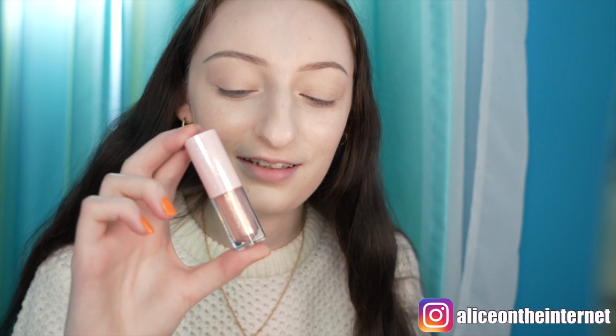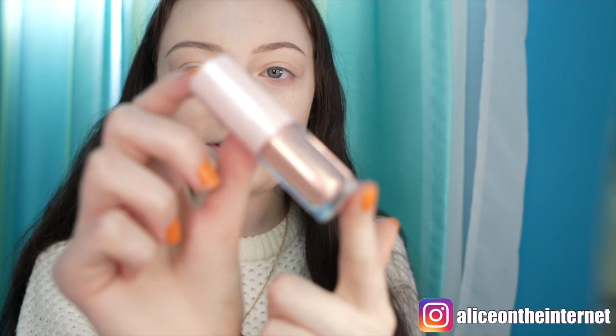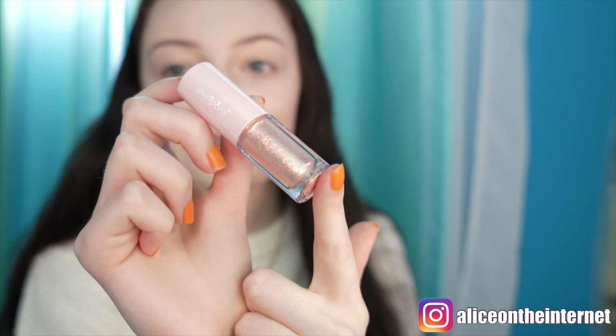They are so pretty. Here is the shadow. It's like this sort of pink, but it reflects gold, and it is just stunning. I love these types of shades so much. I have similar things, but they're usually darker, like a darker pink and gold, but I really like this very light shade because I really like doing lighter shades over my eyelids, so hopefully this should